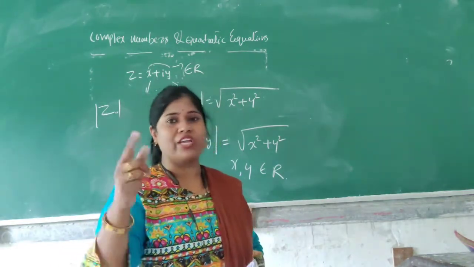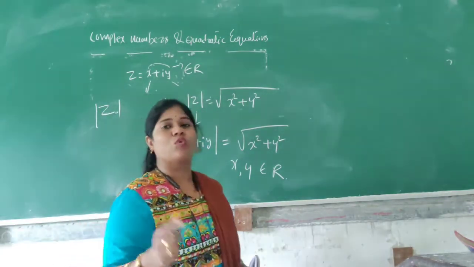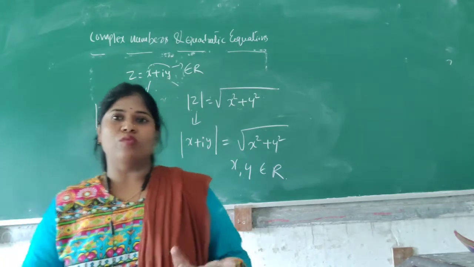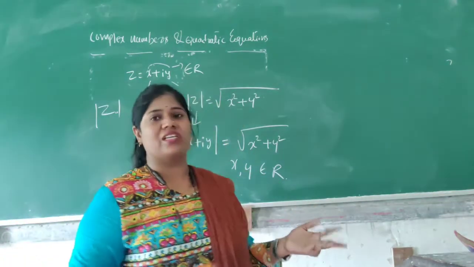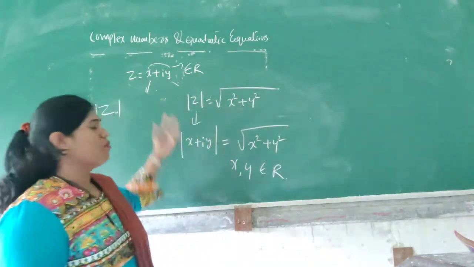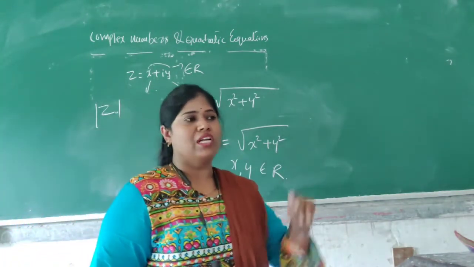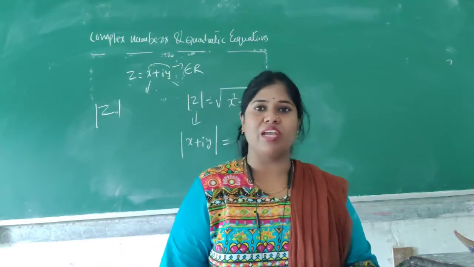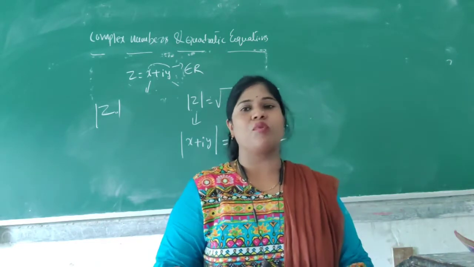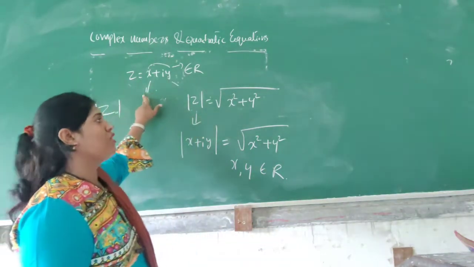So the concept of i, that is iota, arises, because an imaginary number is one whose square is negative. A number whose square is negative is called an imaginary number. So we have to start the complex numbers. A complex number should be in the form z = x + iy, where x and y are real numbers. x is the real part and y is the imaginary part. This is the definition of a complex number.